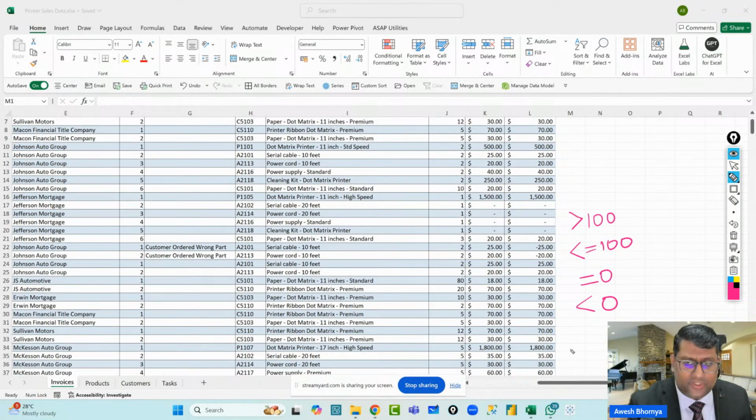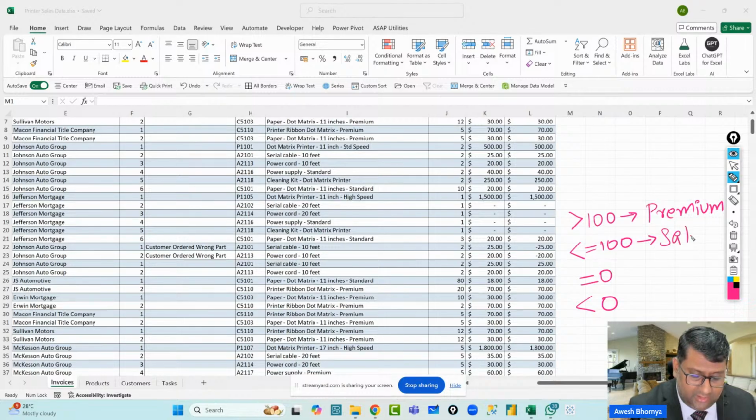Now these 4 situations give us 4 important categories of products. The first is a product which is going to be treated as a premium product. Now why do we need this data? Because when we actually try to analyze it, we need to know how much premium product we are selling, what is the revenue coming in because of premium product sales, and which are the states which have got more premium product sales. All that we need to understand. Anything which is less than or equal to 100, that means greater than 0 but less than or equal to 100, will be treated as a normal sale.